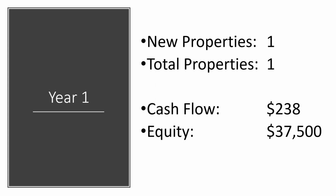So year 1, you got $238 in cash flow. Your equity, $37,500. Year 2, everything doubles. $476 in cash flow a month, $75,000 in equity. Year 3, $714 cash flow, equity $112,000. Year 4, almost $1,000 a month now, $150,000 in equity. Finally, in year 5, we broke 1,000. We're now at $1,190 a monthly cash flow, $187,500 in equity. Year 6, year 7, year 8. Now we're almost $2,000 a month, but we have $300,000 in equity. Year 9, here we are, year 10, $2,380 a month in cash flow,